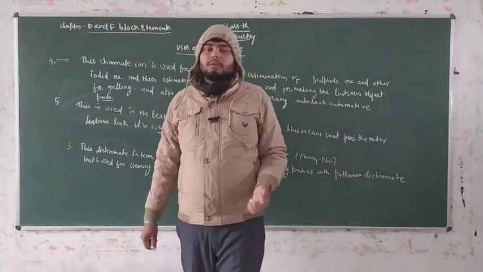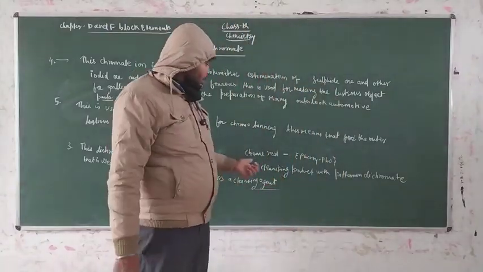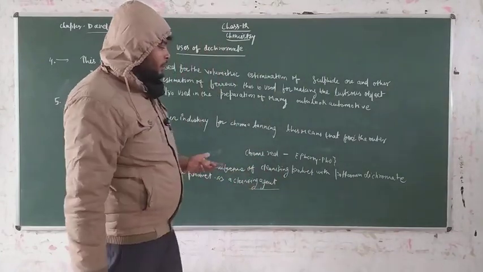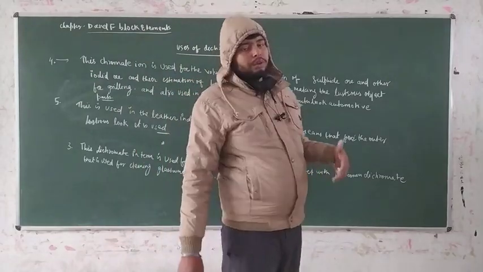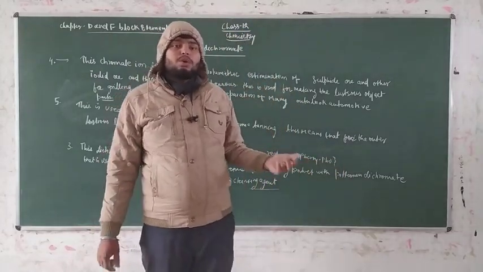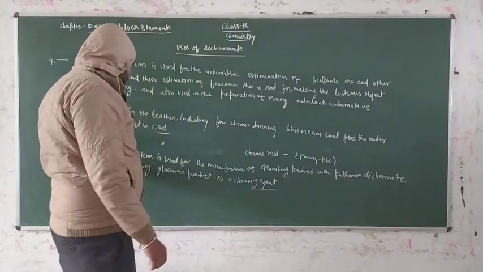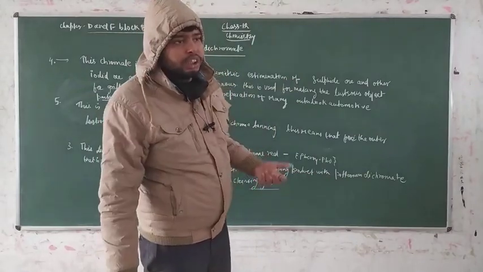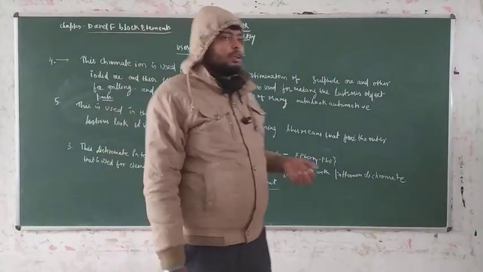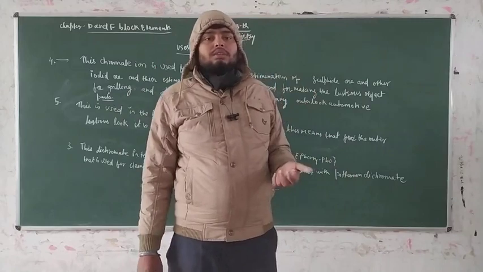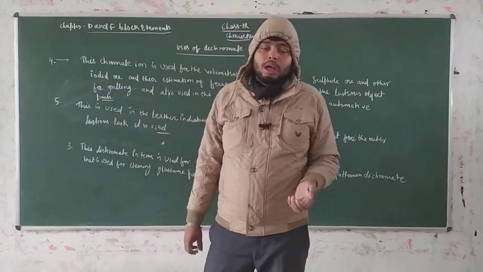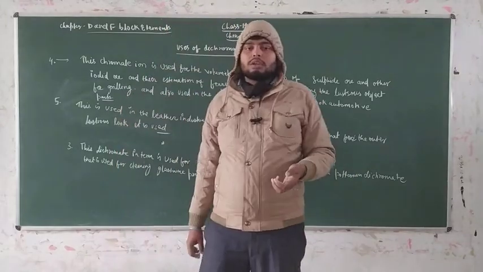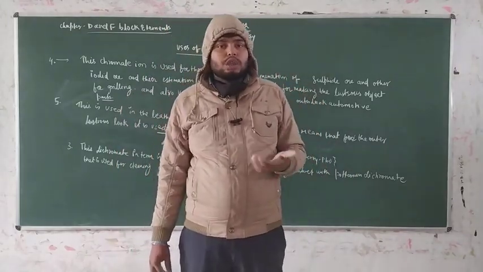Yellow chrome, that means this is chrome red or chrome yellow. This is the formula PbCrO4.PbO, and for chrome yellow we have discussed that the formula is PbCrO4. It is used for cleansing glassware after combining with potassium bicarbonate. It is used for the volumetric estimation of sulfide ore, iodide ore, chromite ore, and in ferrous sulfate combinations. It is used for many types of automotive parts due to the property of